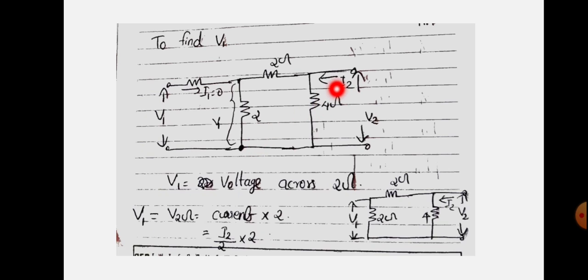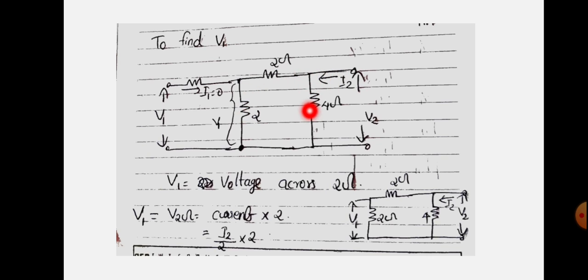You can see here that I2 current flows through this part and here we can redraw the circuit like this. Here 4 ohm is the total combination. Here also 4 ohm. When I2 reaches this point, it will go to this path and this path. But you can see here that it is a 4 ohm resistance path and it is also a 4 ohm resistance path. That means I2 will be divided equally to this 4 ohm and this 4 ohm. That means I2 by 2 flows through this path and I2 by 2 flows through this path. So if you want to find out the voltage drop across this 2 ohm, that equation will become current into resistance. Here the resistance is 2, and the current will be I2 by 2